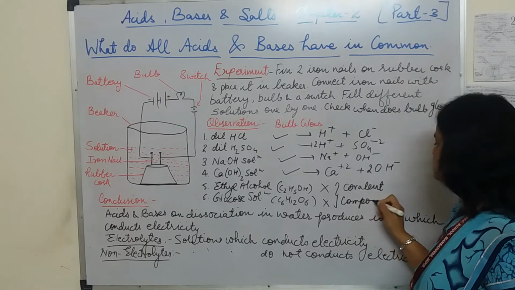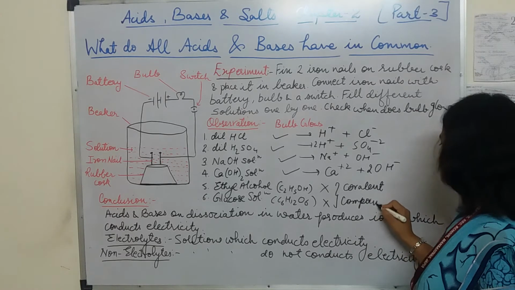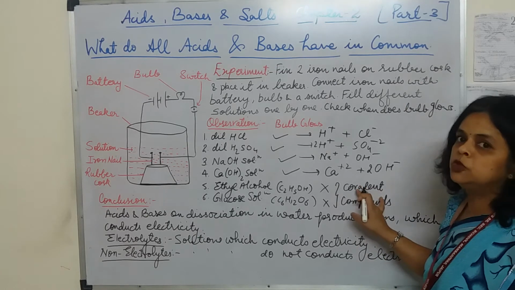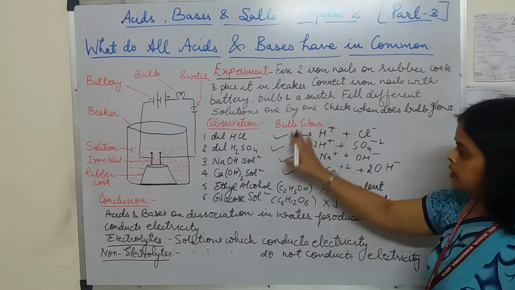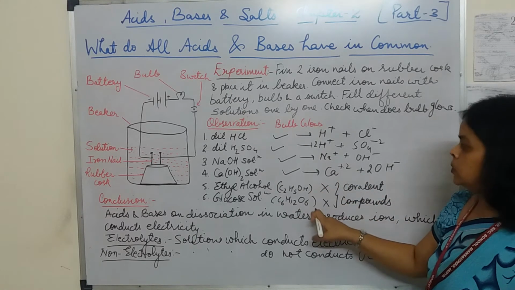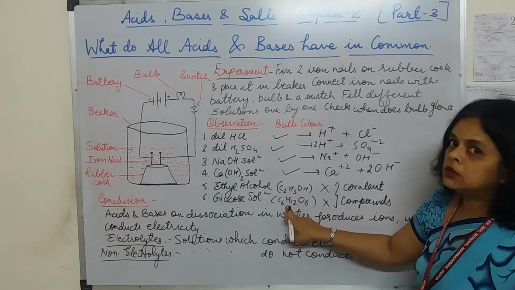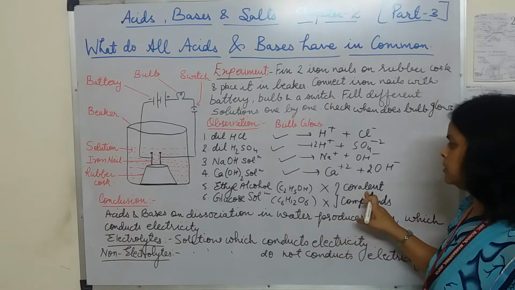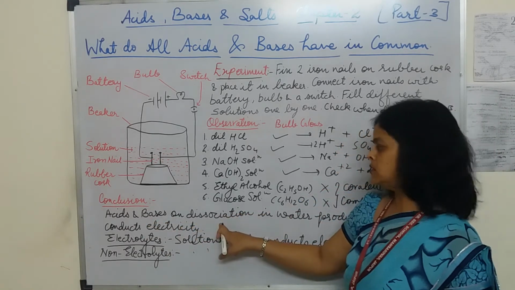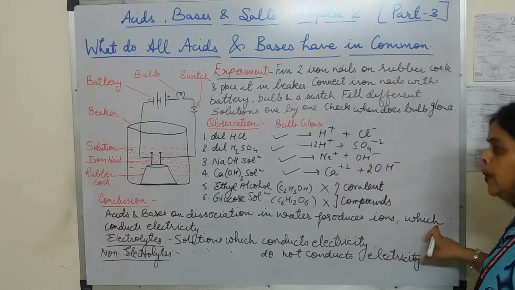About covalent compounds, we are going to study in detail in the 4th chapter, students. Here I would like to tell you this thing only, that covalent compounds do not form ions. So here in all the 4 cases they are producing ions, but here in these 2, ethyl alcohol and glucose, though they are having hydrogen, they do not ionize to form ions because they are covalent compounds. So the conclusion is that acids and bases on dissociation in water produce ions, as we had seen, which conduct